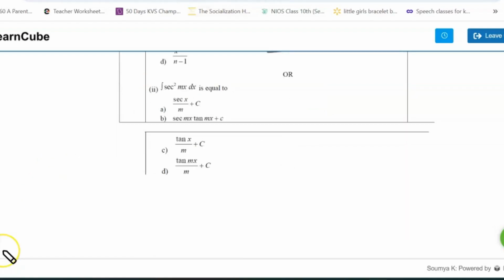Next question is 13 or option. So this is the next question. You have to find out whether after integrating this, the solution you arrive at matches any of the options. So let's do it first. Write down